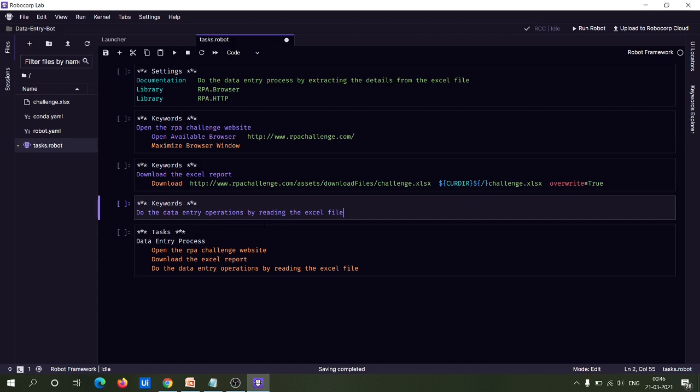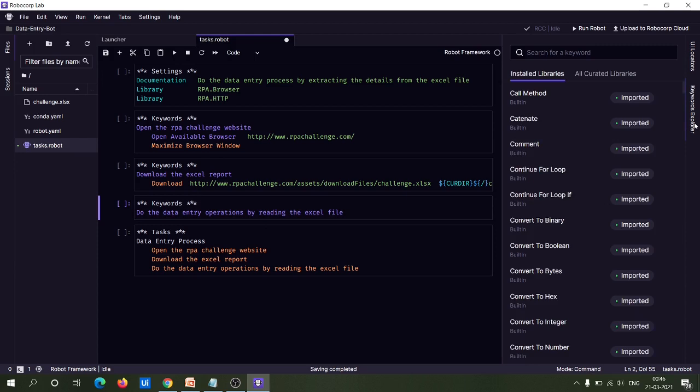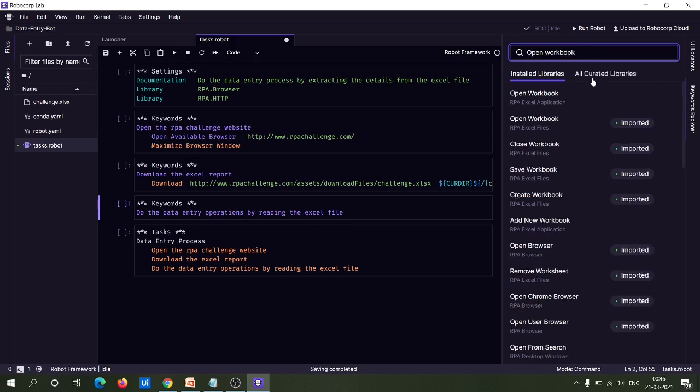For reading the Excel file, first you have to open the workbook or open the Excel file. For that, under Robocorp, there is a special keyword which is known as the open workbook keyword. And if you look, there are two open workbook keywords defined under different libraries, which are actually Excel based libraries. One is rpa.excel.application and one is rpa.excel.files.